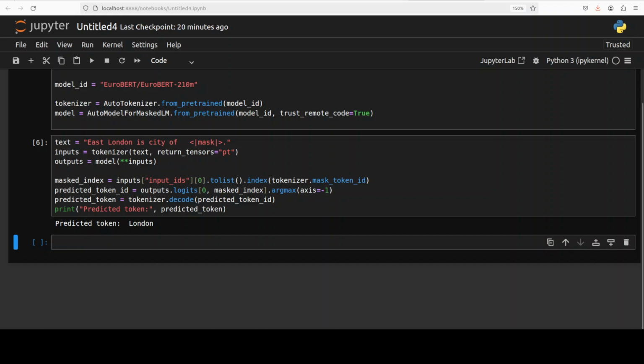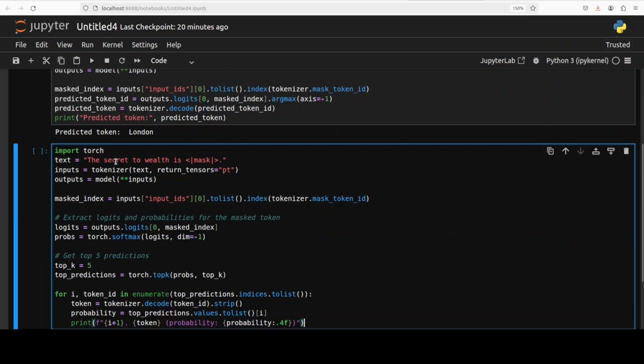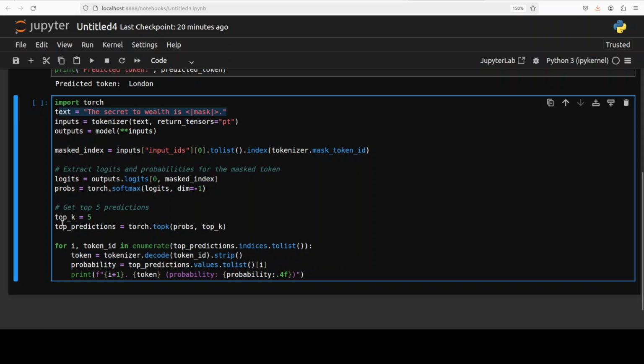Okay, now let me show you something fun here. If you don't want to change the wording, like "the key to happiness is," what you can do instead is keep the same prompt, like "the secret to wealth is," and then use top K or top 5 predictions. So top K here means selecting and examining the K most probable candidate outputs predicted by the model rather than only the single most probable prediction, which is known as